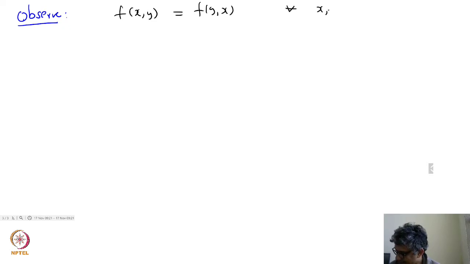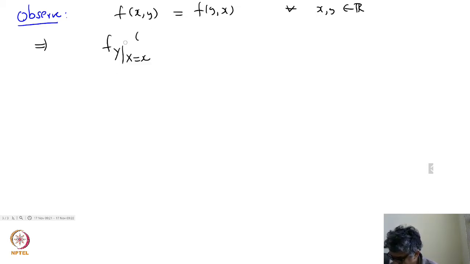So first thing you observe, two things. You observe that f of x comma y is the same as f of y comma x for all x and y in R. Right? So this would imply that f sub Y given X equal to x at the point,